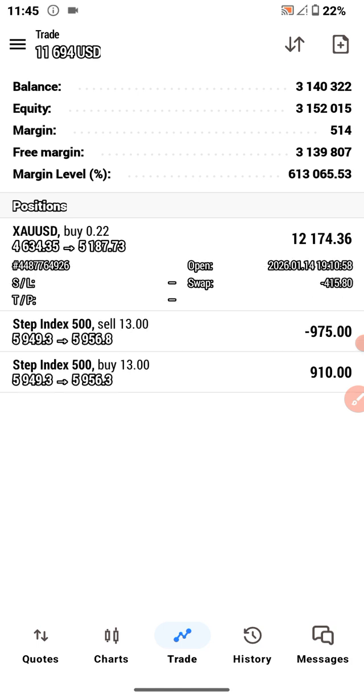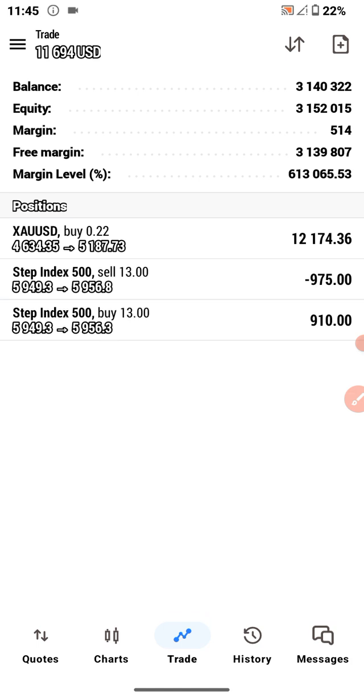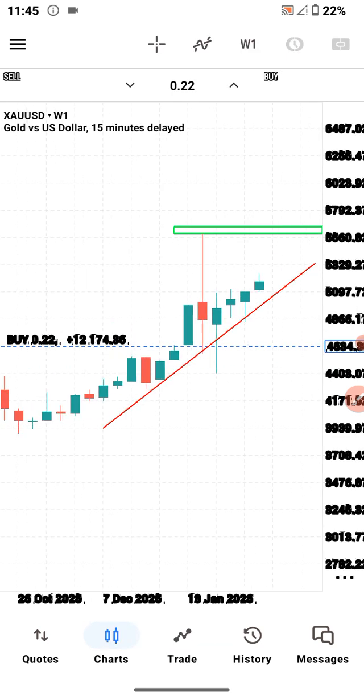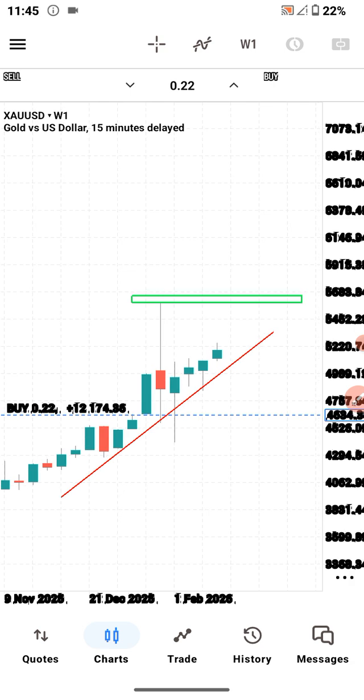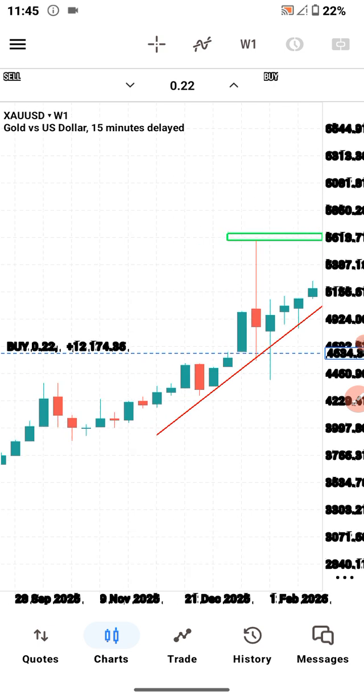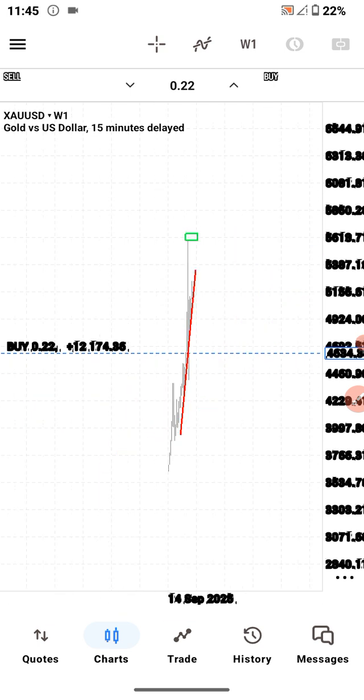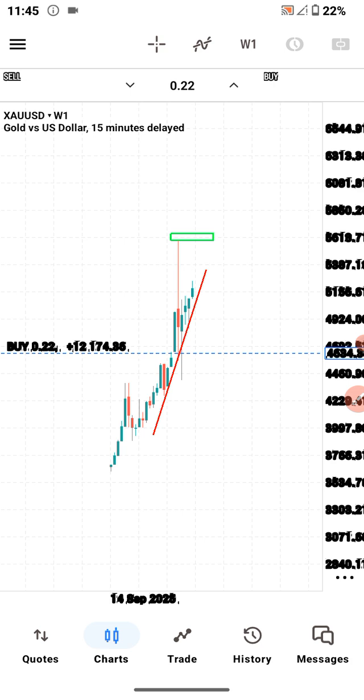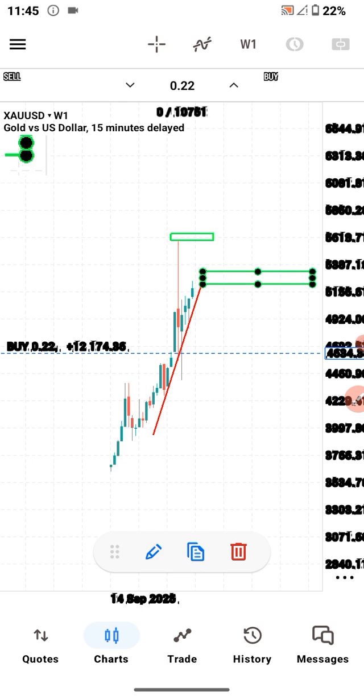Only God knows when we're going to be closing all these trades, but we predicted this market, right? We predicted this market. We said it was going to go up. It was going to surpass the previous area where it was before. And you can see this is the weekly time frame. If I took you to the monthly time frame, you'd see that the market is creating structures, and the more structures the market creates, the better